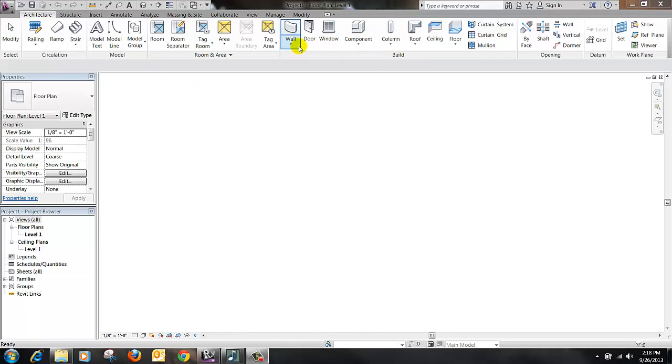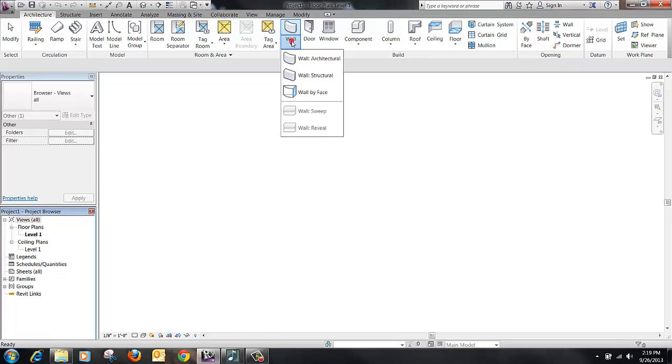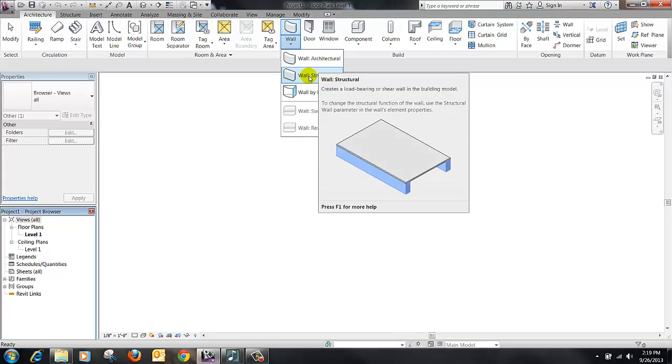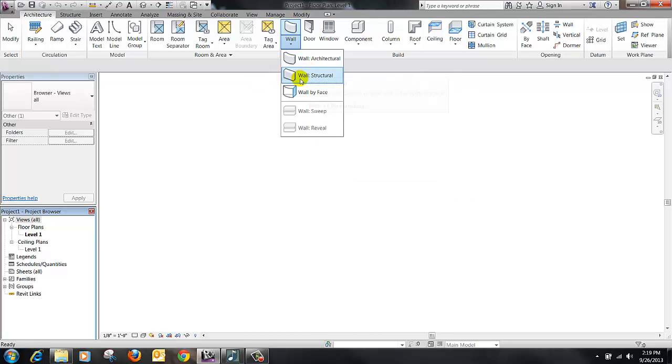You want to build a wall. You come here, you choose the wall. And you have the choice of different, is it an architectural wall? Is it going to be a structural or a load-bearing wall? Because the software differentiates between the two. So you need to kind of use the correct one. Doors, windows, columns, roofs, ceilings, floors, all these kind of things, and we'll get into them later as we go